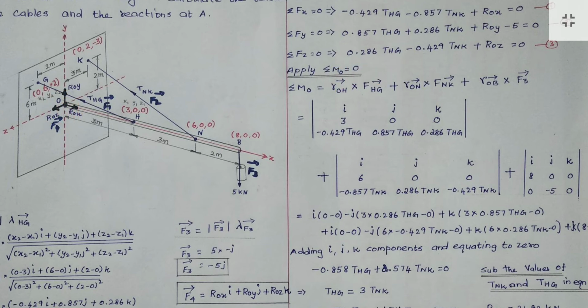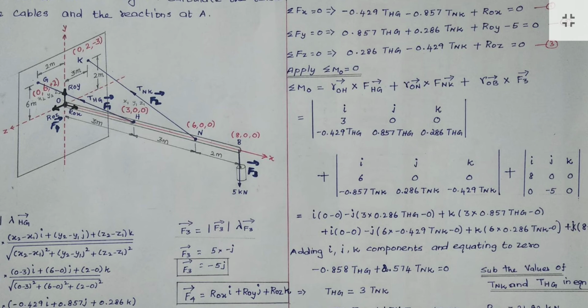So here in the vector method, what is the moment? R cross F vector, that's all. R cross product of the vector: position vector into force vector, that is the moment. This is a vector analysis like that. So here moment will be created by the forces only: F1 vector, F2 vector and F3 vector. But F4 vector will not create moment.